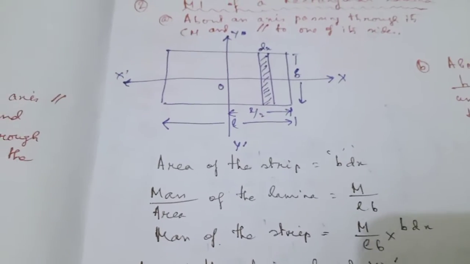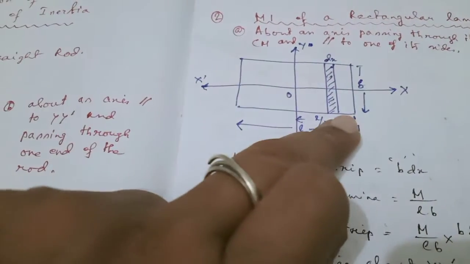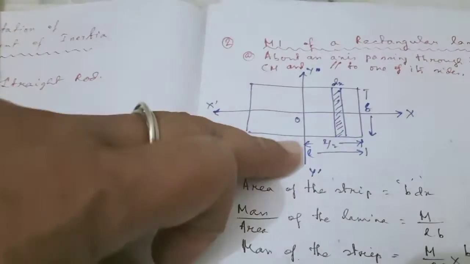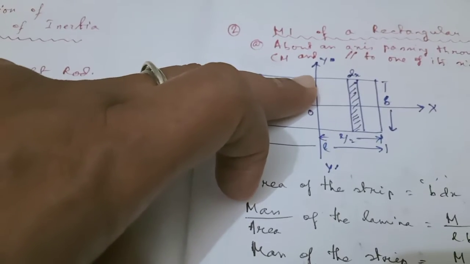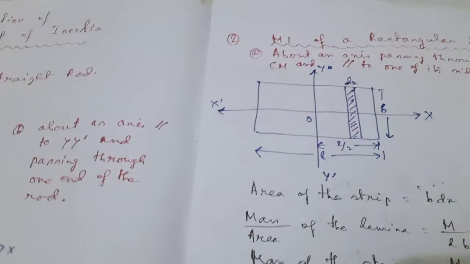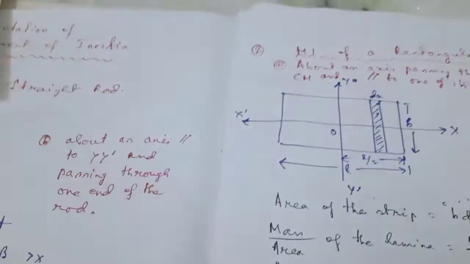Now you have to calculate it. This is the x axis and this is the y axis. You have to integrate it from this region to this region because this is the axis. Here the total is b, so on the y axis this is b by 2 and this is minus b by 2. So this point is 0 comma minus b by 2 and this point is 0 comma b by 2. So you have to integrate from minus b by 2 to b by 2, and we will get the total area.